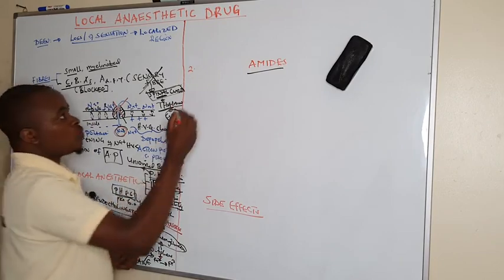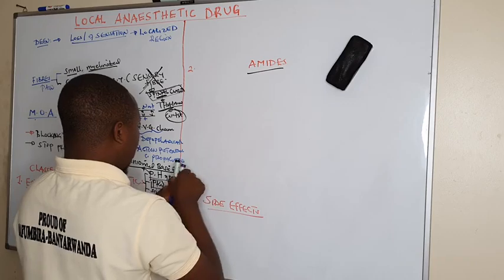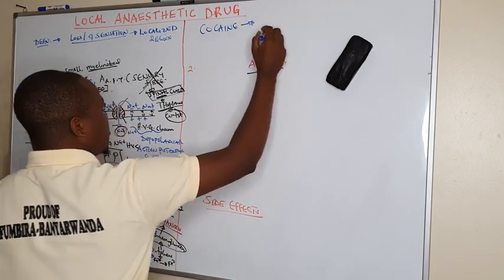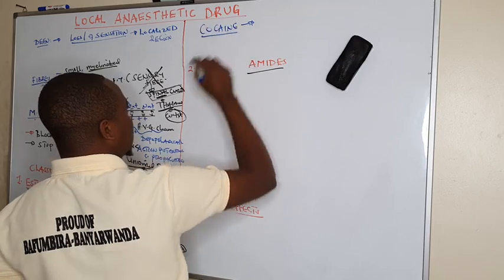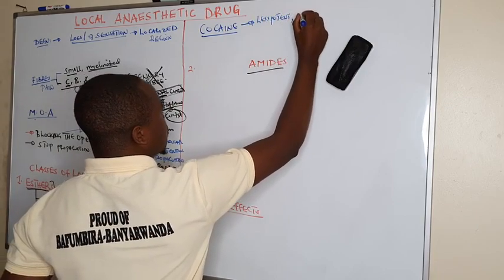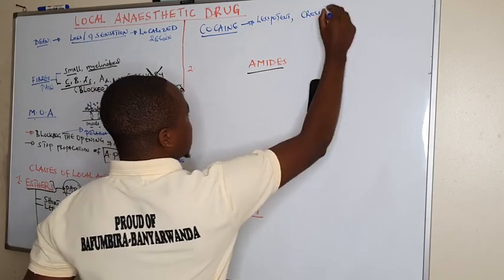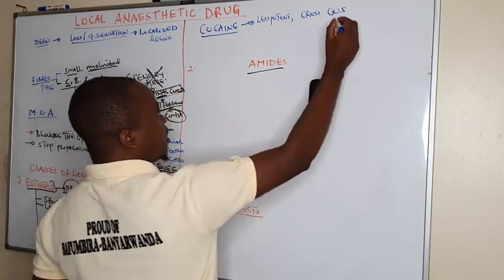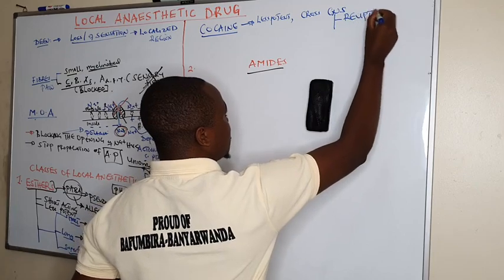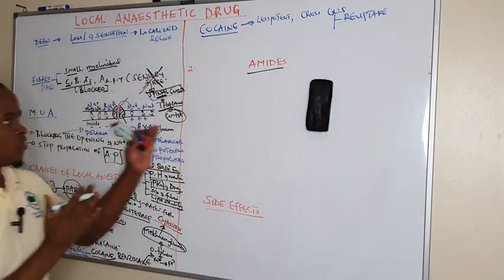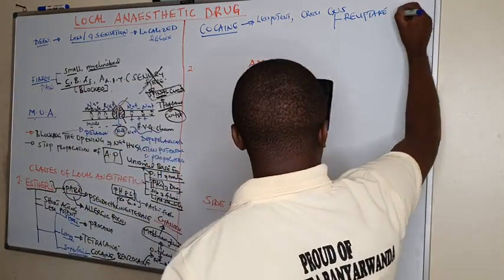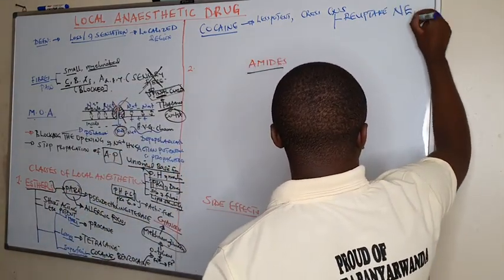Then we are going to talk also about cocaine. This cocaine is superficially acting. It is given superficially, and it is less potent, and it has the ability to cross into the CNS. It acts in the central nervous system. How does it act? By blocking reuptake. Apart from stopping conduction of the action potential, it also inhibits reuptake of norepinephrine and dopamine